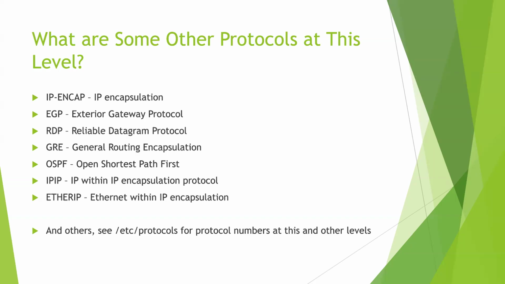There's EGP, which is the exterior gateway protocol. I talked briefly about BGP, the border gateway protocol. Exterior gateway protocol is related to that. It allows you to figure out what's near me, what am I connected to, and what is it connected to, so that you know how to route your information. If you've got only one network connection, no big deal. You just have a default route. You shove your stuff down that pipeline and you let the other guy worry about it.